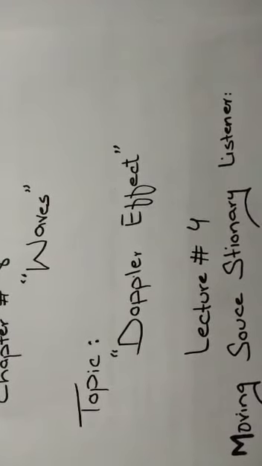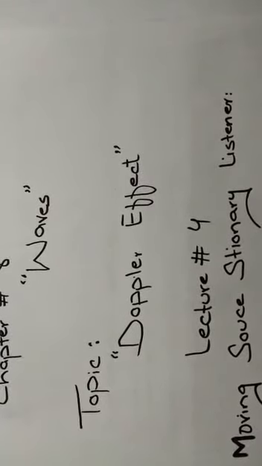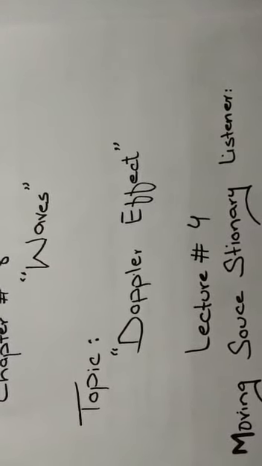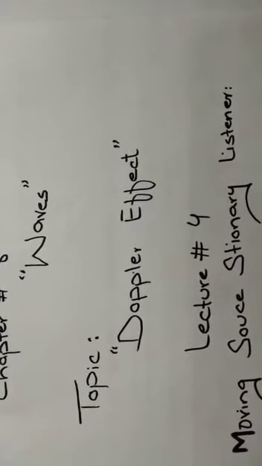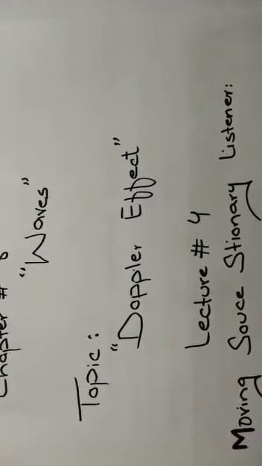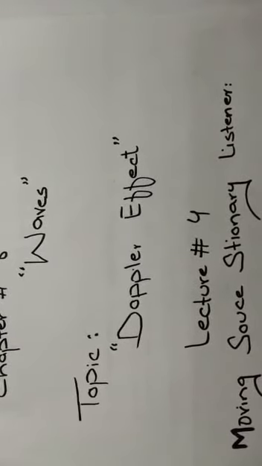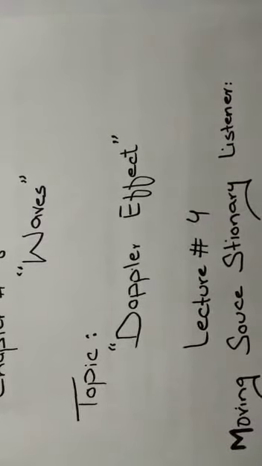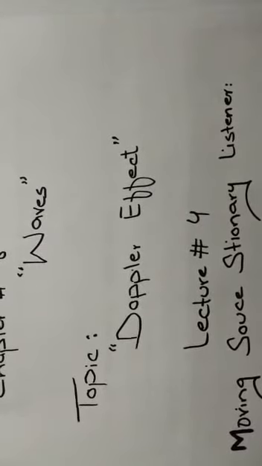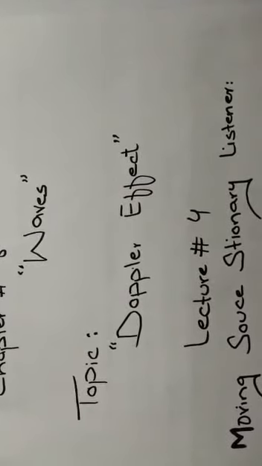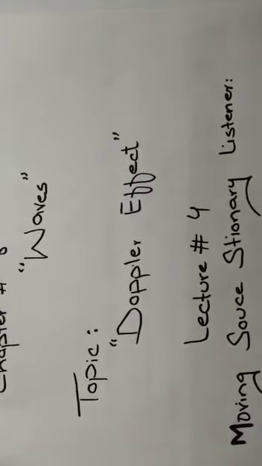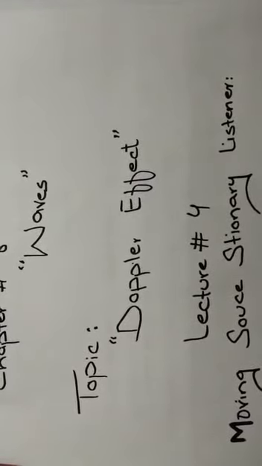As we already discussed, the frequency of the sound changes when either the source moves, or the listener moves, or both move. So we discussed the different cases for the change of frequency, taking the observer or the source in motion, one in motion and the other at rest. In this lecture we discuss the first case, in which we take a moving source and a stationary listener. We check the change of frequency when the source is in motion and the listener is in a state of rest.